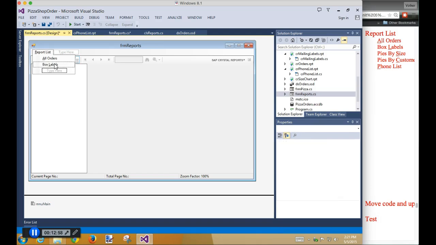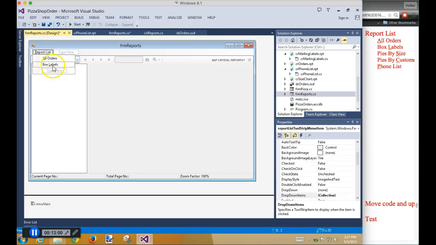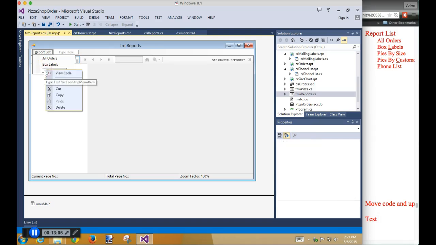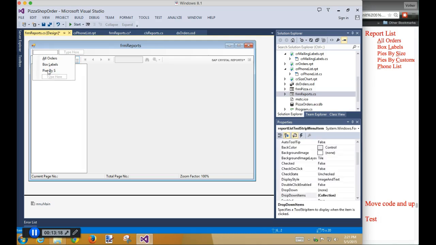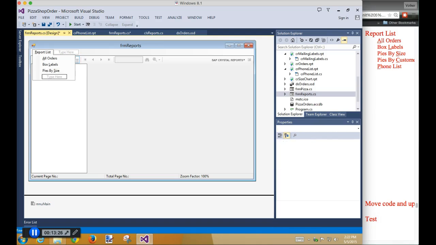I think if I press enter, it'll move down. Nope. Click and type in there pies by size. Just having a little trouble keeping up with me here. Used a down arrow, that worked pretty well. Pies by customer. The only thing you have to watch out for when you're putting these ampersands in here is